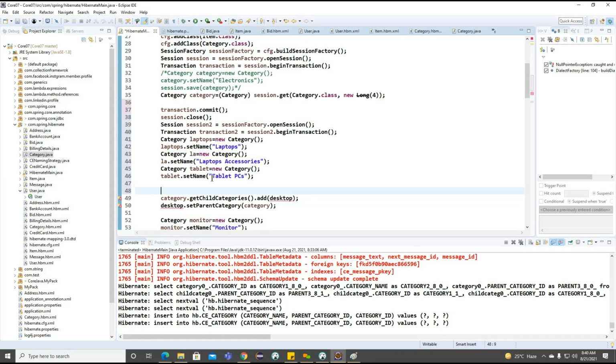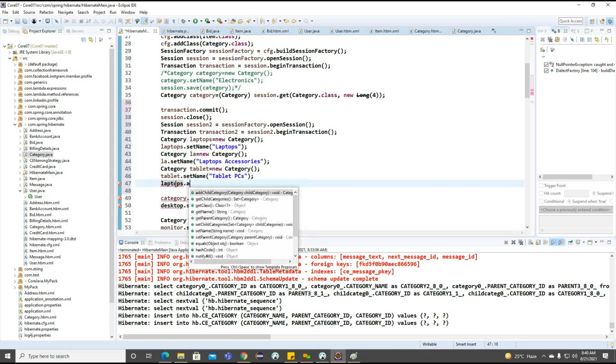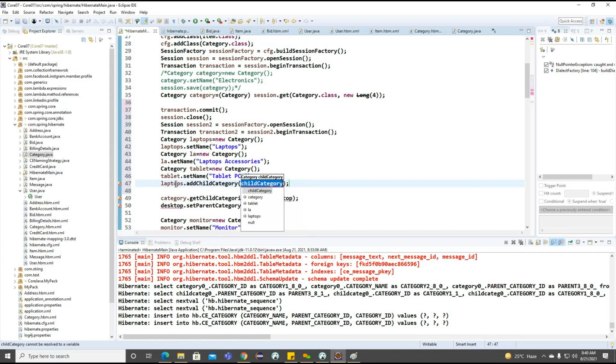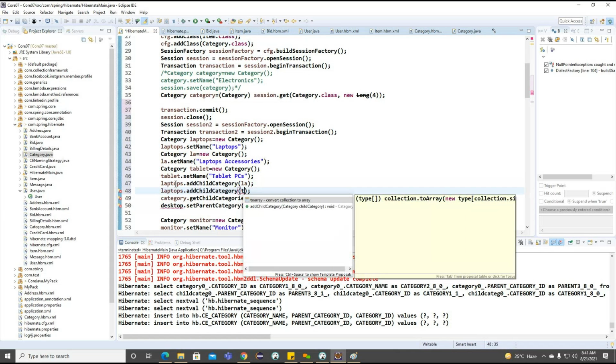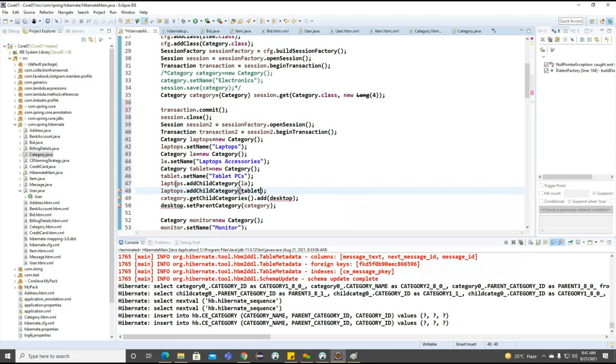Now if you observe, for this particular laptop here, I'm trying to create child records here. Add child record here. First one we need to make as LA. For another one, we can go for the tablet.